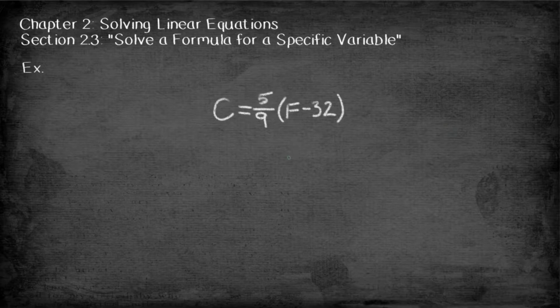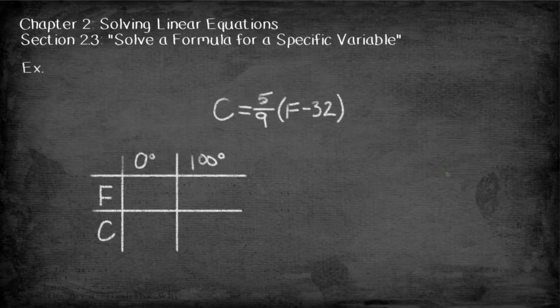If you have the degrees Fahrenheit and you want to figure out what the degrees Celsius are, you plug in the degrees that you have for F. Now, if you find it's hard to keep track of what the degrees mean in each of these temperature systems, here's some perspective. Over on the left here we have F and C for degrees Fahrenheit and degrees Celsius, 0 degrees Fahrenheit and Celsius,